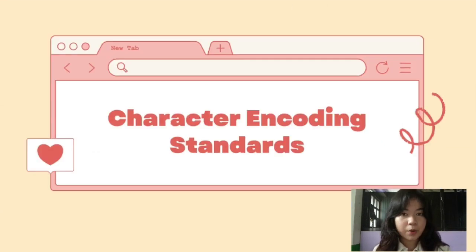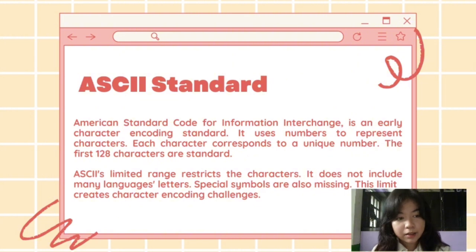Moving on to encoding characters. ASCII standard. ASCII is an early character encoding standard. It uses numbers to represent characters. Each character corresponds to a unique number. It has a limited range of 128 characters, and it has simple mapping, each character to a number. Though ASCII has limitations,